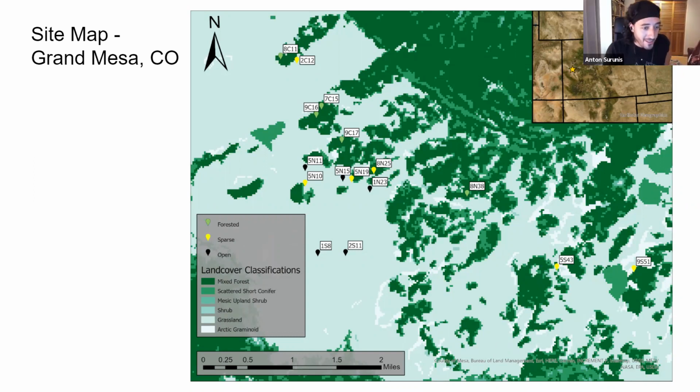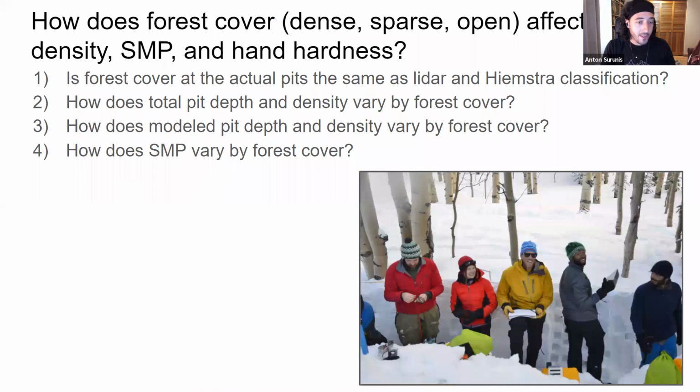I guess I can cover the map since I made it. So we selected some sites based on essentially visually how forested the areas looked based on national land cover categories. You can see the primarily forested sites are in green, and then the sparse sites, which we tried to pick ones that were on borders of forests, were yellow, and then open sites, which are colored in black. And then the scale here basically goes from green to white, where green is more dense forest. And that's what I have to say about that